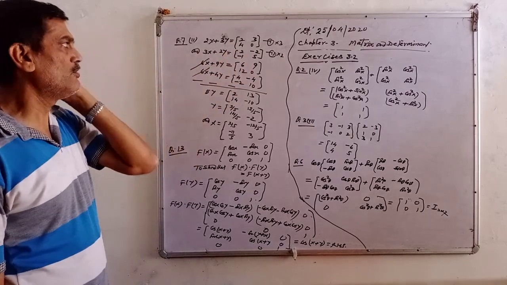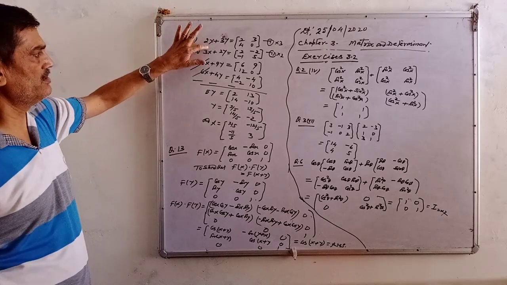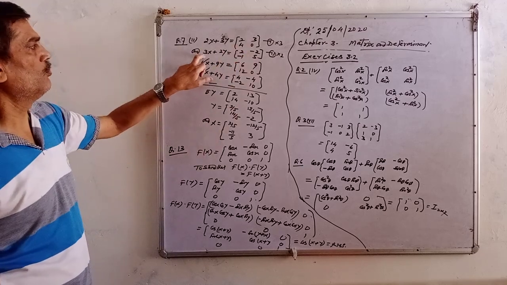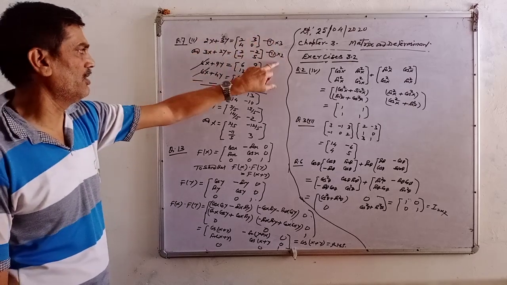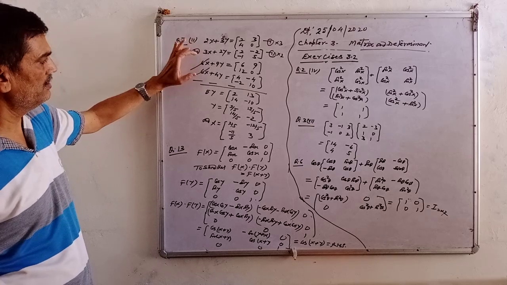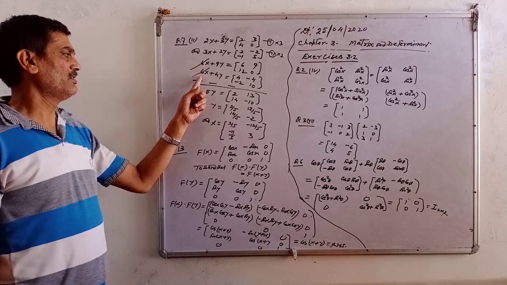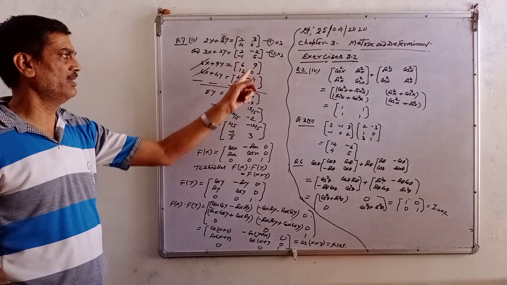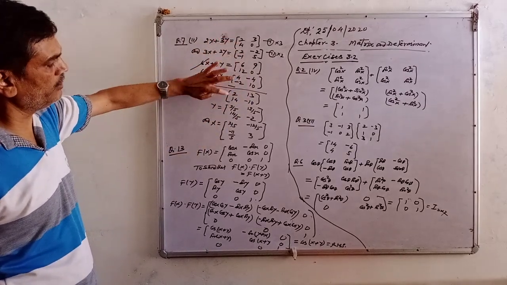So solving these two, how to solve? Making the same coefficient of x or y. If you make the same coefficient of x, multiply the coefficient of this x with the first and the coefficient of this with the second. After multiplying, you will get two more equations like this. Now subtracting, 6x minus 6x will be cancelled, 9y minus 4y is 5y, and here subtracting both matrices, corresponding elements.